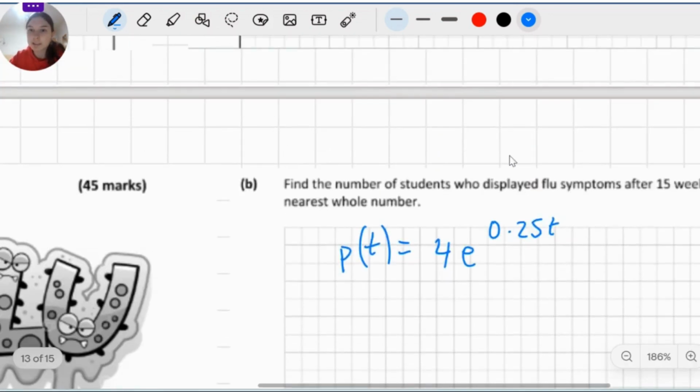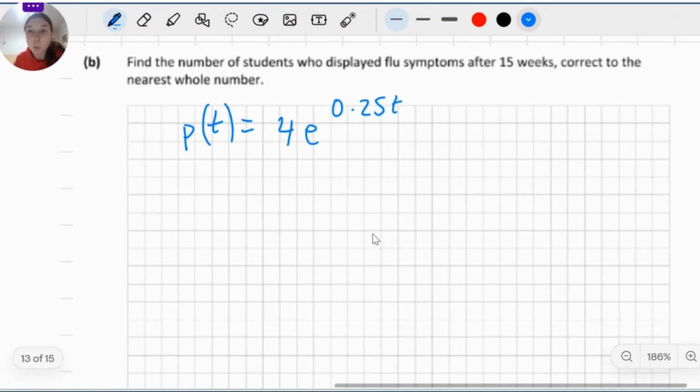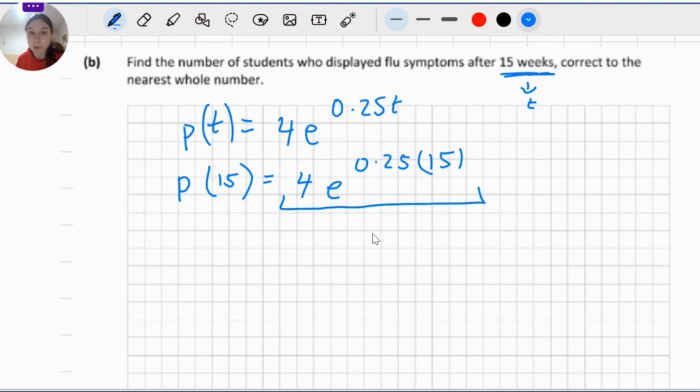Okay. They want us to find the number of students who displayed flu symptoms after 15 weeks. What is 15 weeks? That's going to be our time, T. So we can fill that in for T. For E to the 0.25 times 15, we can now just pop all of this into the calculator and we're going to get